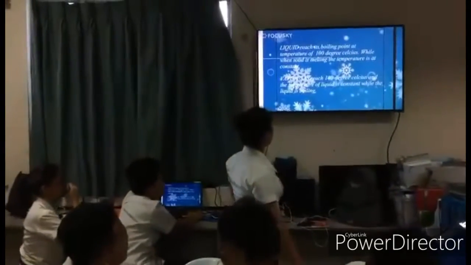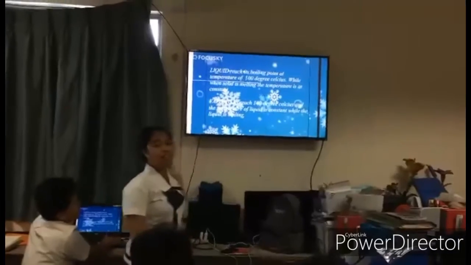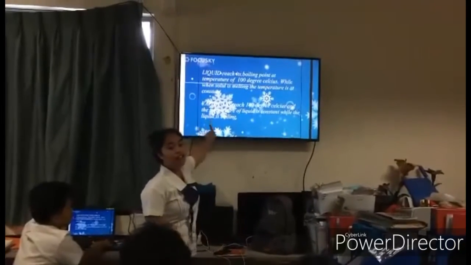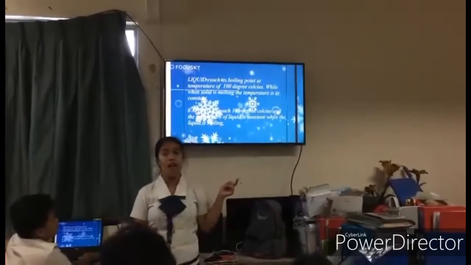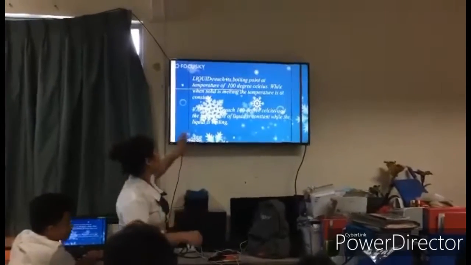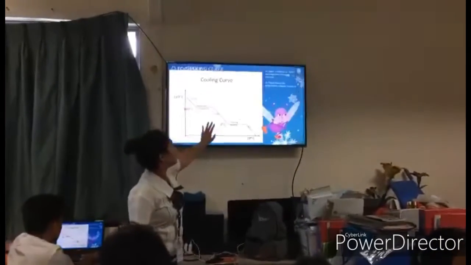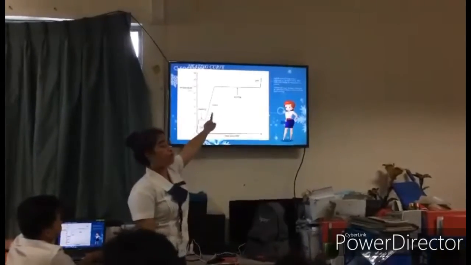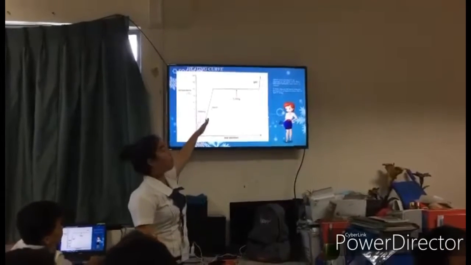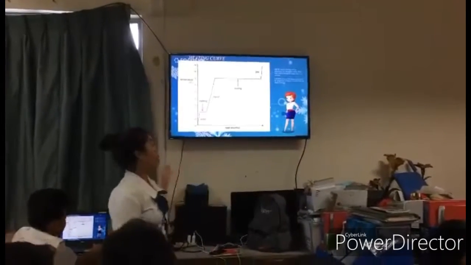So liquid reaches boiling point at 100 degrees Celsius, while when solid is melting, the temperature is constant. So as we can see in the line graph, the temperature is constant when it reaches 100 degrees Celsius. So vapor or gas reaches 140 degrees Celsius, and the temperature of the liquid is constant while the liquid is boiling. So in the vapor, we can easily conclude that vapor is